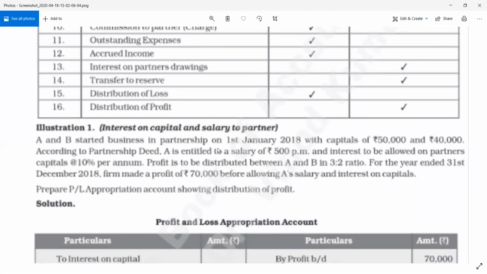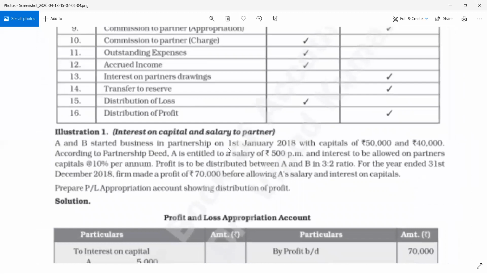सो क्या है यहाँ पे, A and B started business in partnership, ठीक है, on 1 January 2018 with capital of 50,000 and 40,000 respectively. ठीक है, A और B ने स्टार्ट किया है बिजनेस 1 जनवरी 2018 को, उनका कैपिटल है 50,000 और 40,000।